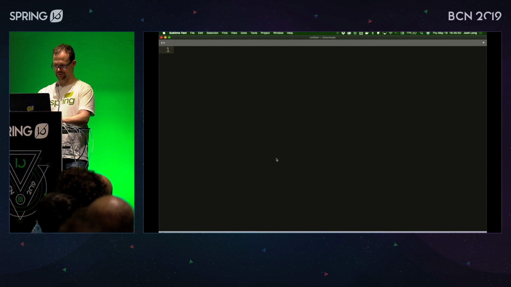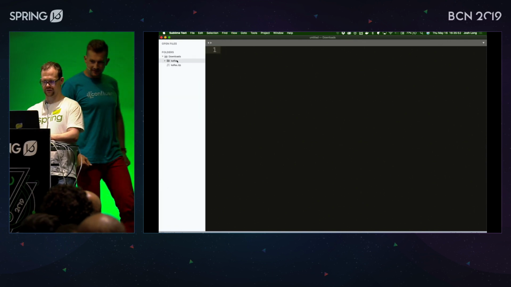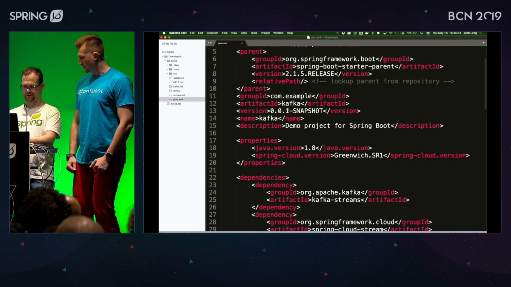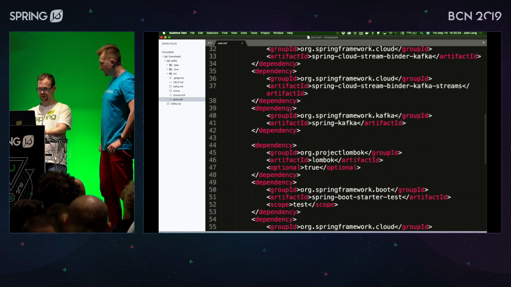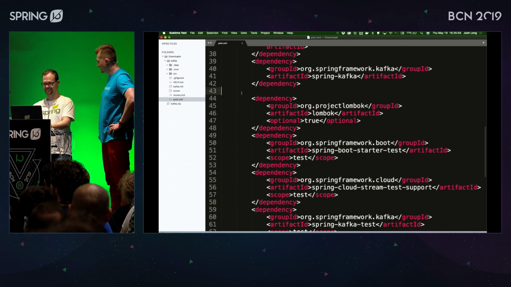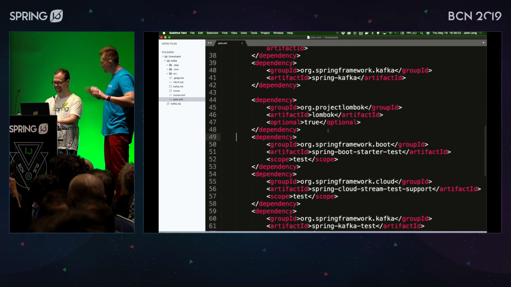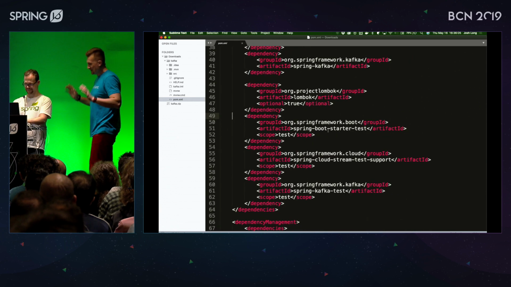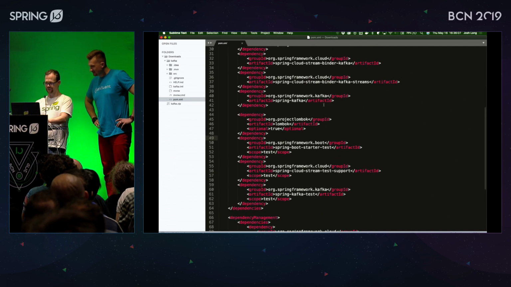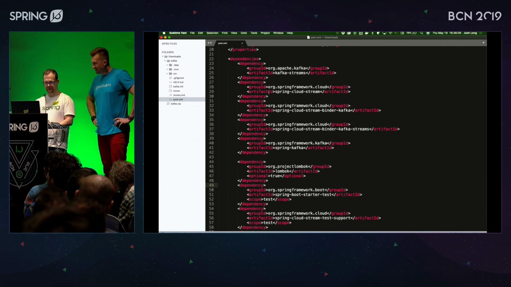Uh-oh. Okay, so we need to remember the little weapon. So we're going to use Avro. No pressure, man. Because we're going to use Avro,